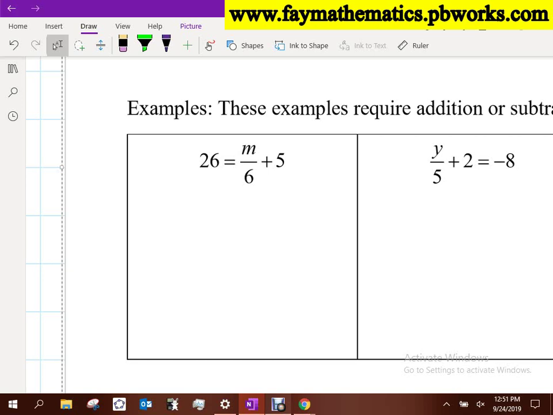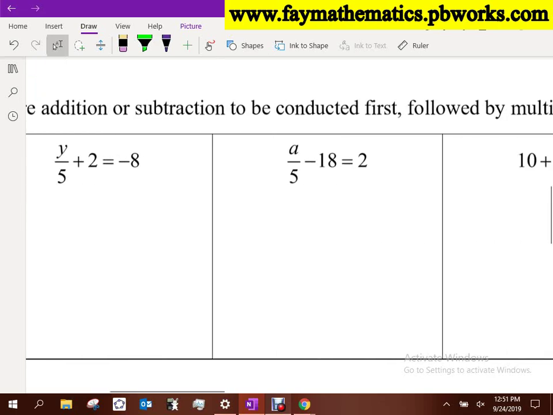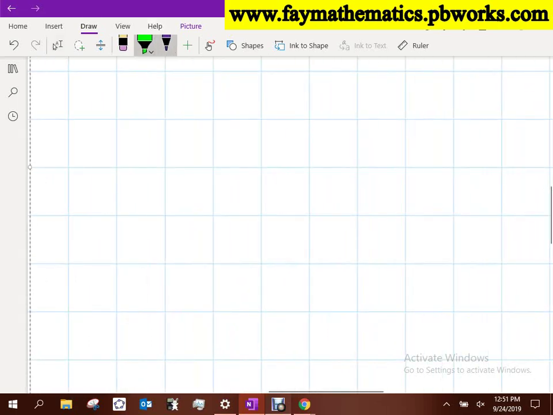So with these questions here, guys, what we want to first understand is this m over 6, that can be written a couple different ways. Okay? So I'm just going to come to the side here and just display the different ways that you might see this written. And when there's